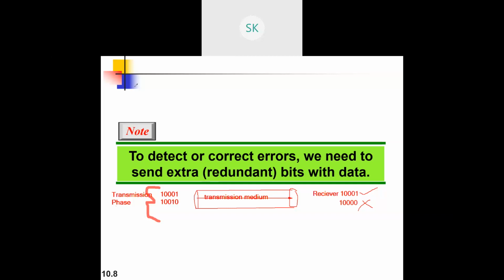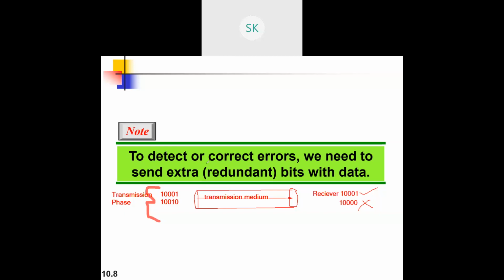How we can correct it, we'll just see in the next slides, whatever the method that they'll be using. This is the actual thing that they are doing with respect to introducing the redundant bits. Why do redundant bits need to be introduced? First point may be that, once we are transmitting some data, if we transmit the data as it is, there is a chance that anybody can view it, anybody can change it.